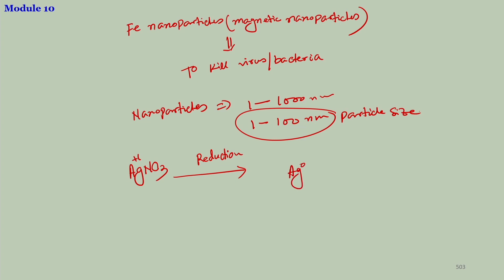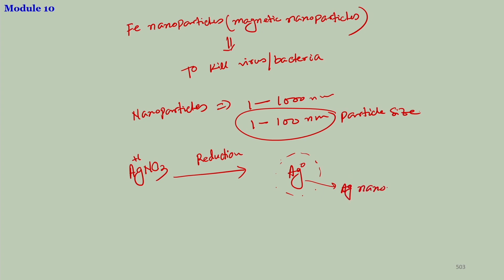And if you have a particular type of environment that forces these particles to reduce their size, or to aggregate or disperse, but it will reduce their size, that is when it forms nanoparticles. So, silver 0 oxidation state will exist as silver nanoparticles,